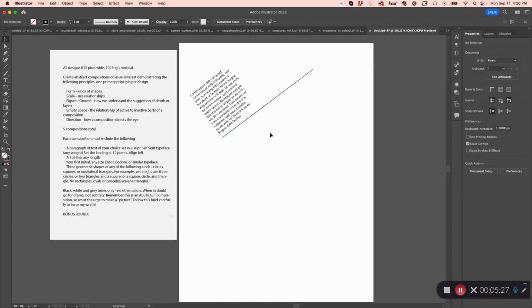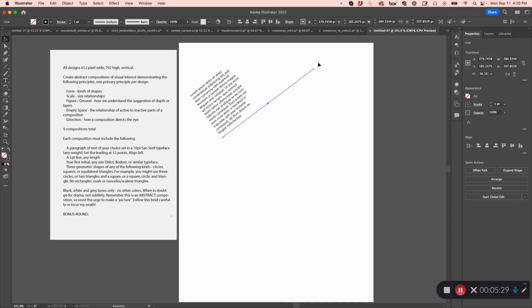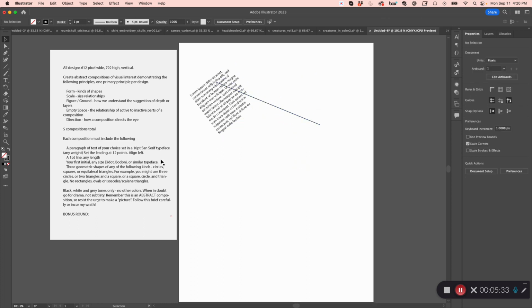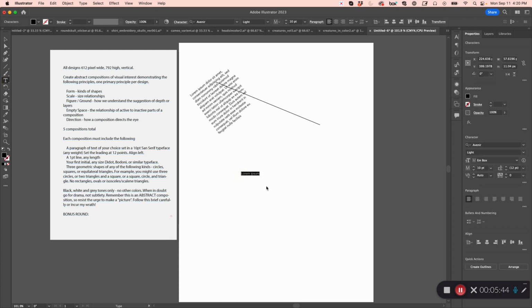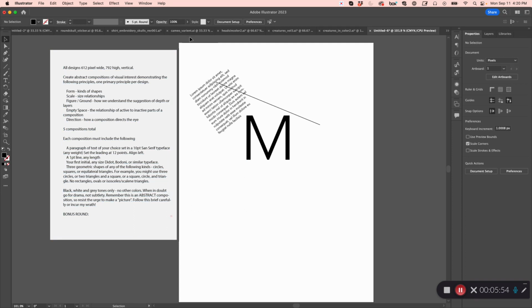Okay. These guys aren't quite the same rotation, so maybe I'll change it to something or make it obvious. I'm not trying to make it the same. Okay, my first initial, any size, Dido, Bodoni, or similar typeface. So my first initial is M, and I'm going to just make this a little bigger, holding down the Shift key so it doesn't distort, so I can see it,